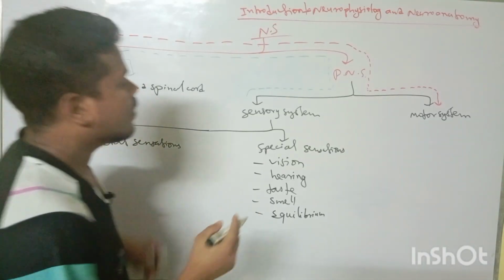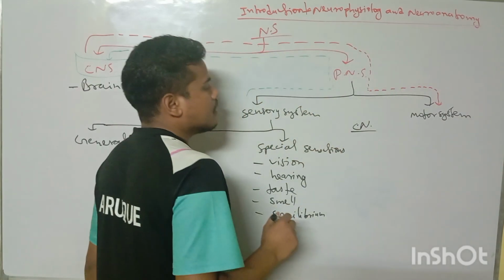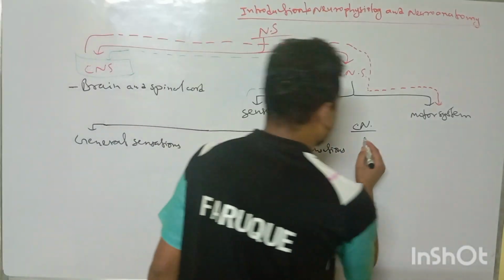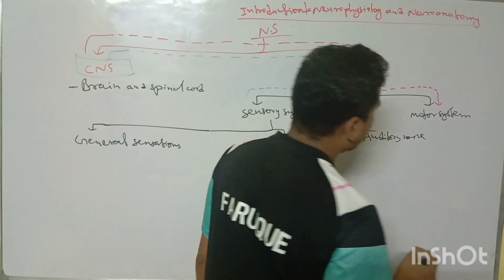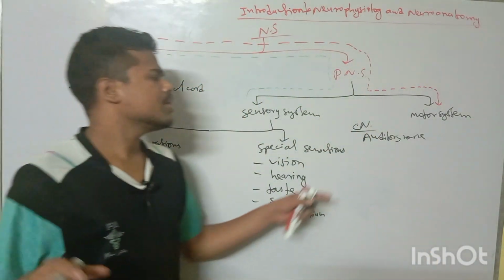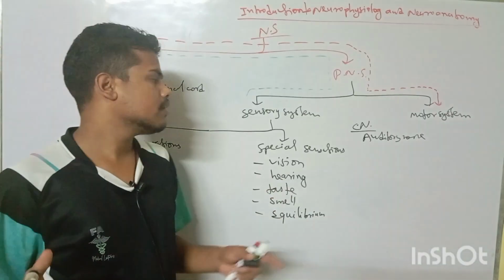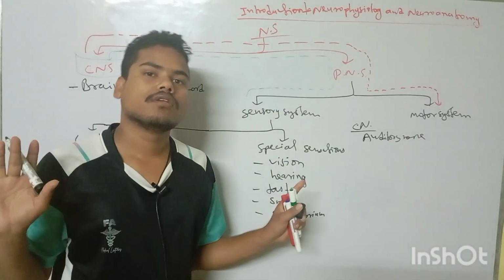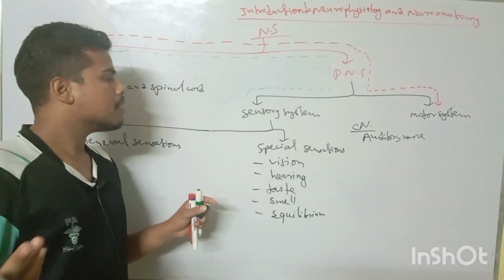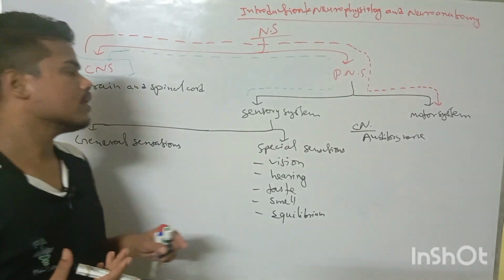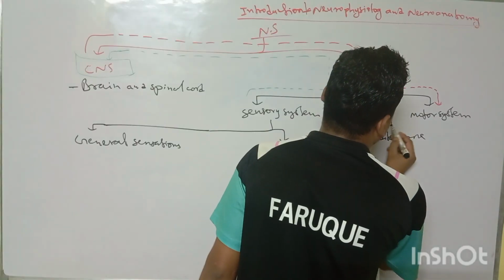Vestibulocochlear nerve, cranial nerve 8. This will be carried by cranial nerve 8. Please don't call it the auditory nerve. Students below plus 2, class 10, 8, they can call it the auditory nerve. It is not a big mistake. But if you, bachelor students, also medical bachelor students, call cranial nerve 8 the auditory nerve, this will not be so appropriate.